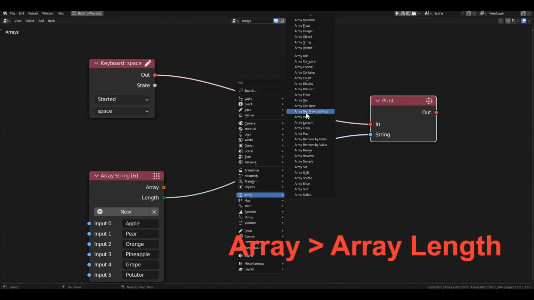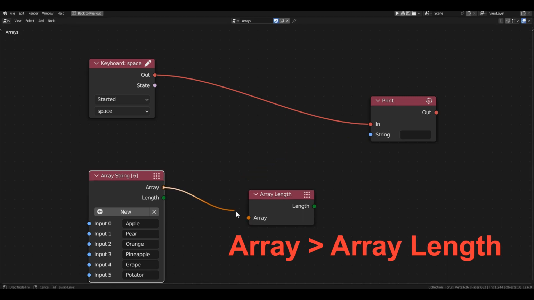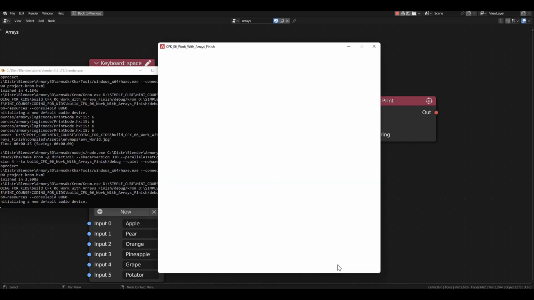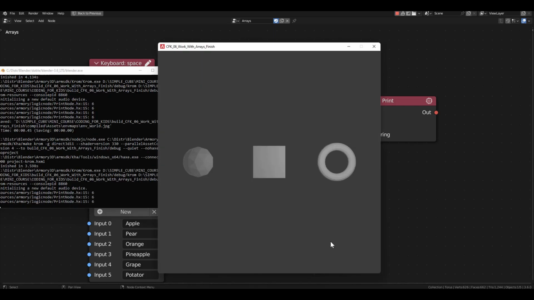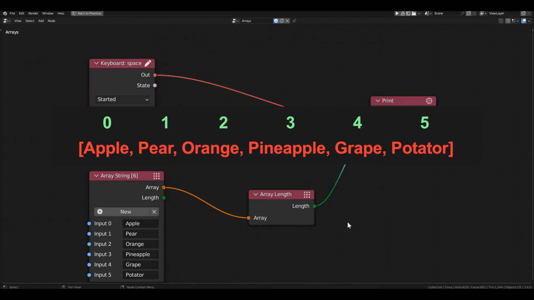You can also use the array length block by connecting it to the array. As a result, we will get the number of elements. In the console, we see the number 6, and we know their indices are from 0 to 5. From this, a useful observation follows: the last index of the array is always one less than the length of